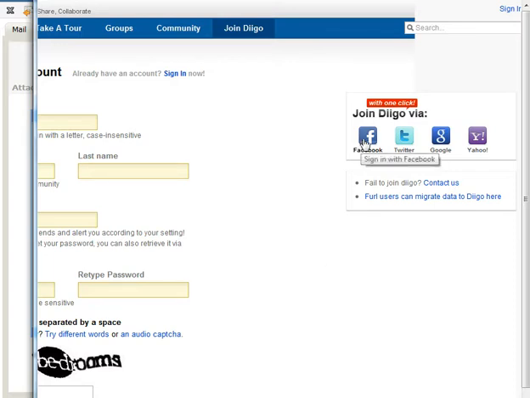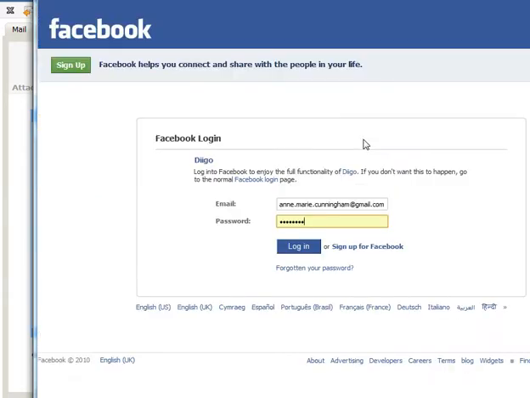So I'll show you now what happens if you click on sign in with Facebook. It takes a little while to think about it. It comes up. I've logged into this computer before, so I can't see what my password is, but that brings in my email and my password. I type those in, and then I can say log in, or it would actually offer me to sign up for Facebook. I've already got a Facebook ID. So whenever I log in, this is just going to go in and get my information and use that to generate an account for me for Diigo. So if I click login,